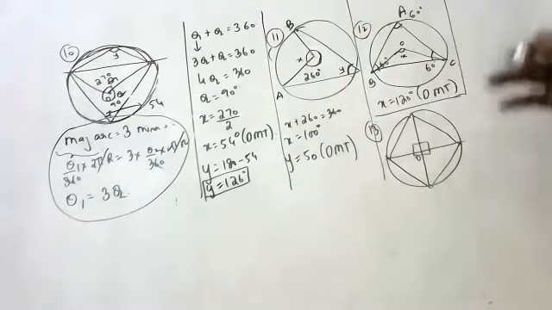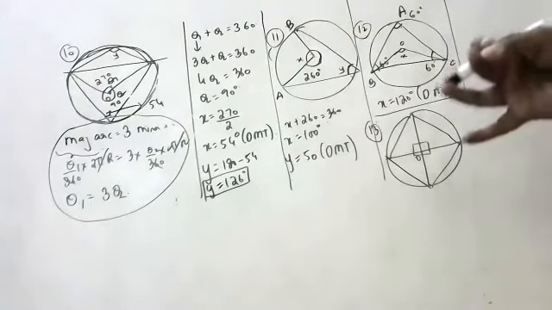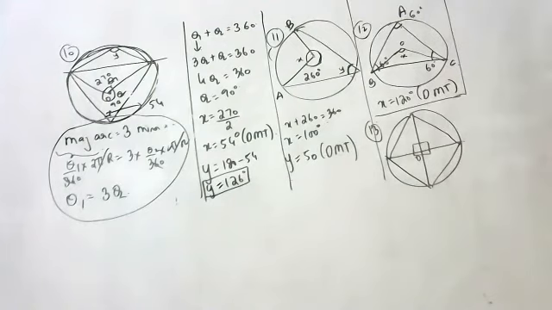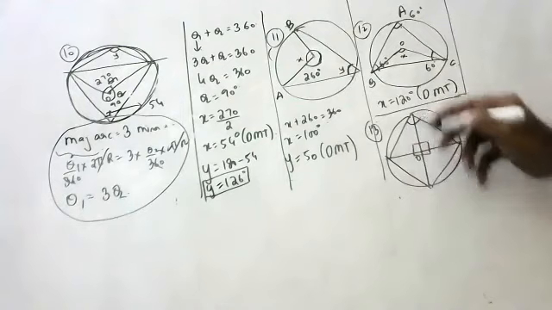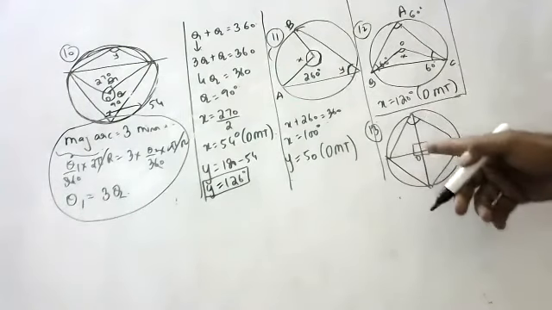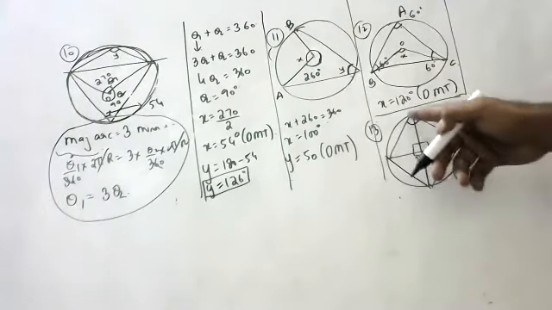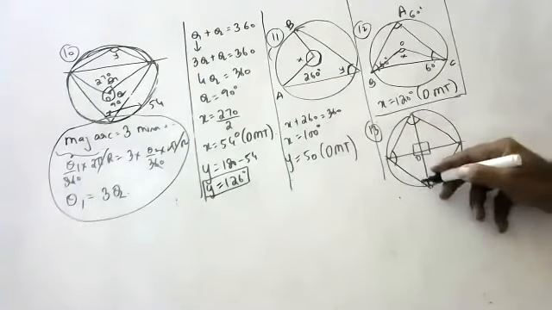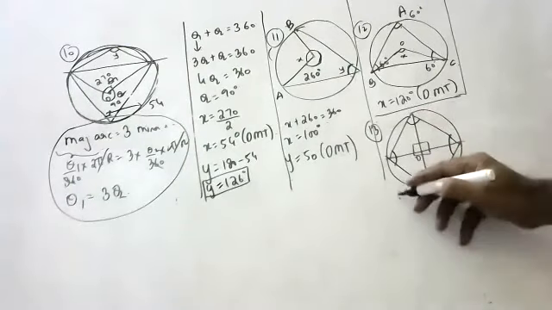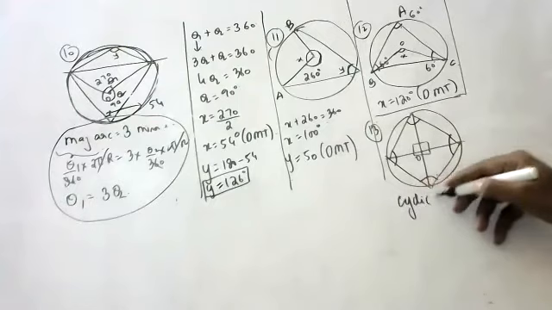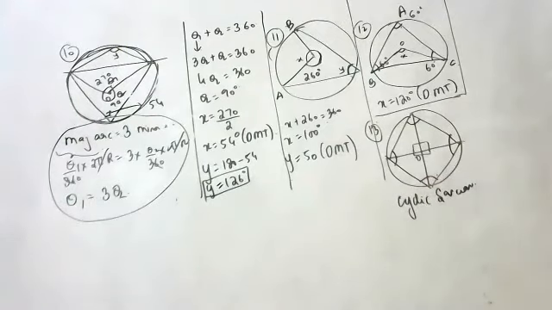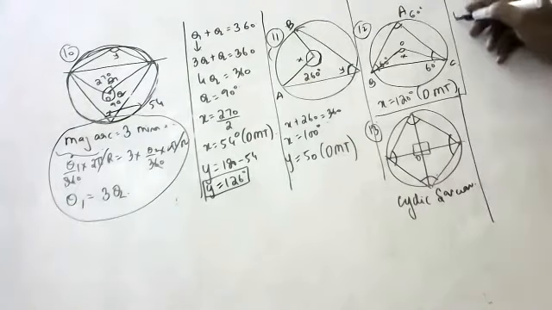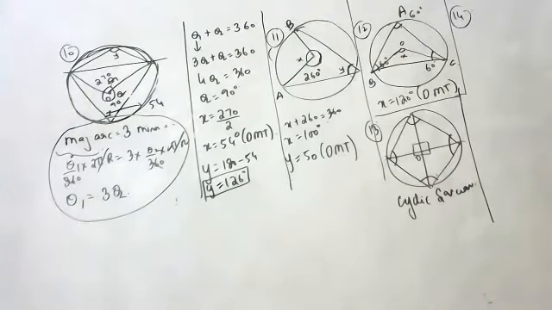Is it a cyclic parallelogram, cyclic rhombus, cyclic square or cyclic rectangle? Rhombus? Square, sir. Square is not possible, you say, because they are not 90 degrees? No, they are 90 degrees only, because the angle in a semicircle is 90. So it is a cyclic square quadrilateral. Cyclic square, children. Okay.